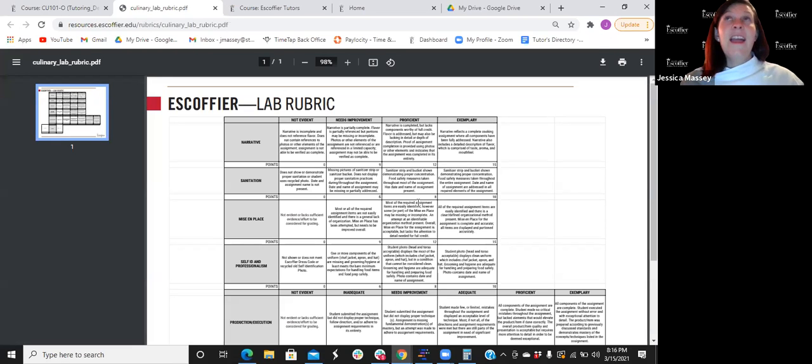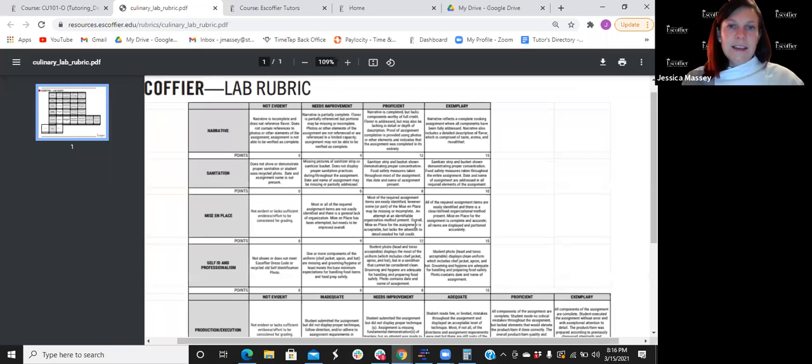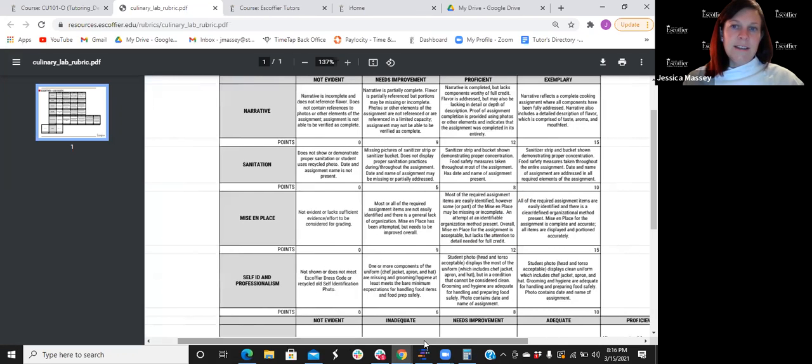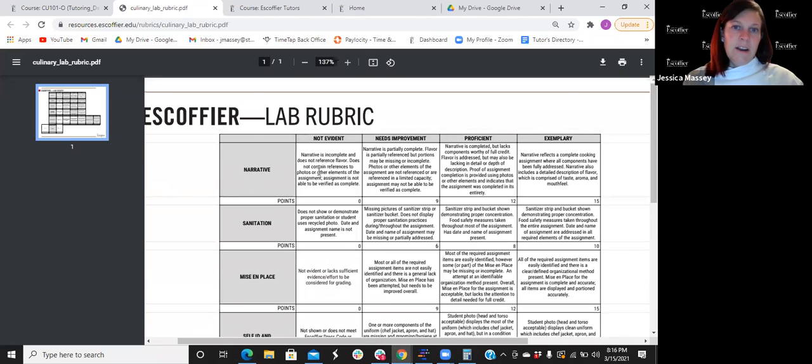This tells you everything you need. Rubrics and syllabuses, two huge red flags. Pay attention to those, because those things are huge. So looking at this, zooming in here, it will tell you exactly what each section is, like narrative,